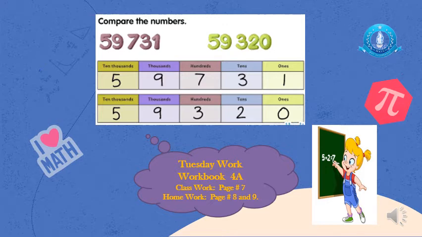Look at question number 3. Arrange the numbers in order. You have different numbers. You will arrange them in order. In which order? It's written. Start with the smallest. You will see the numbers, the number which is the smallest will come first. Look at the numbers. All the numbers have 4 digits. Now the first number starts with 2, the second number starts with 3, the third number starts with 2, the fourth number starts with 3. It means 3 is not coming first. We will consider 2.